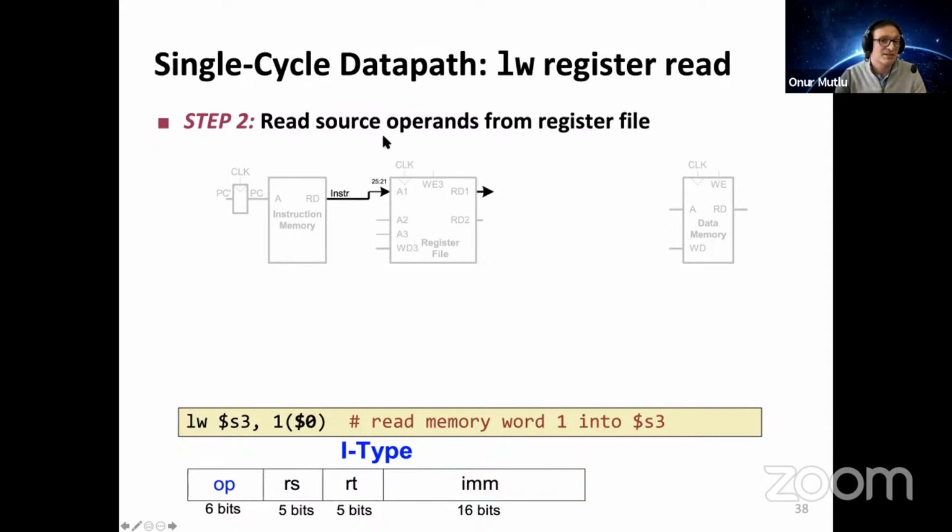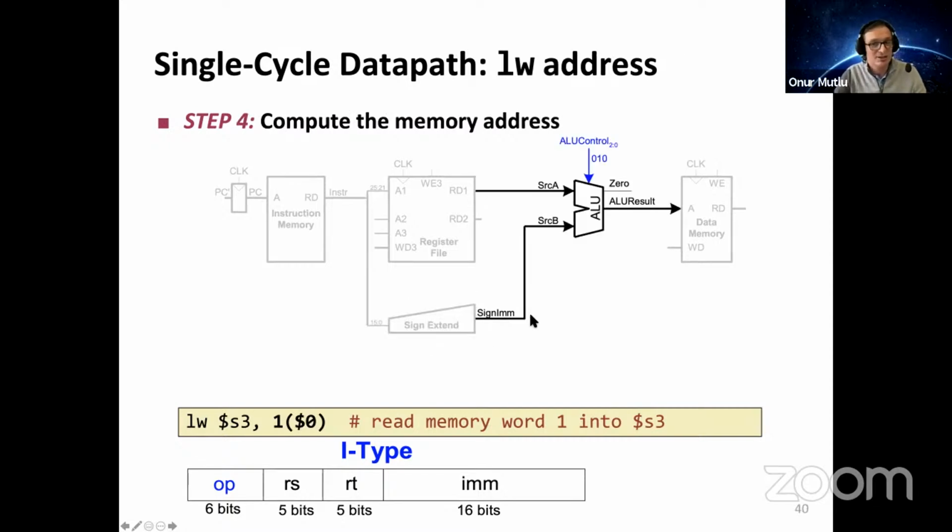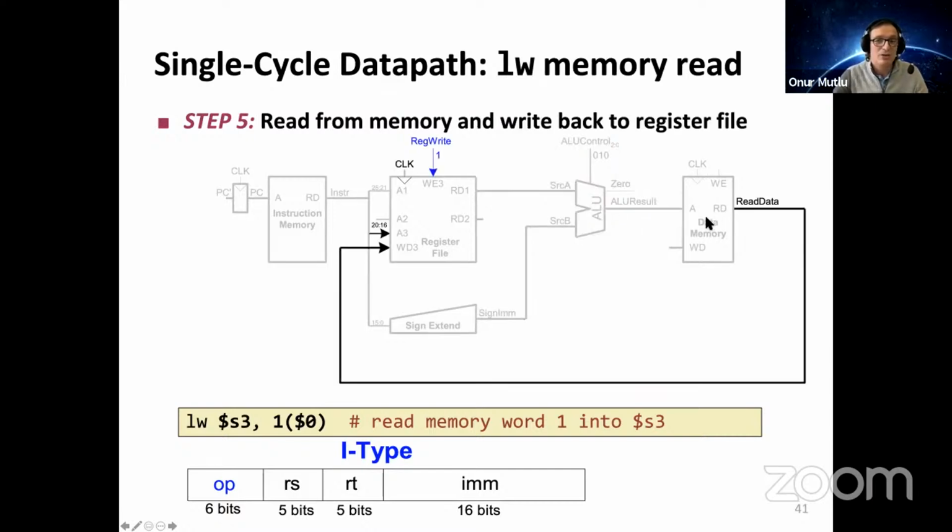So load word register read, you need to read the source operands just like we did. This is the first source operand, as you can see. And then the second source operand comes from the sign extended immediate. And you need to be able to input that to the ALU, and you need to set the ALU control accordingly so that you actually get source A plus source B. And then you put the address into the memory, and then you get the data out, and the data out needs to have a data path wire to be written into the destination register, and the destination register is determined by bits 20 through 16,